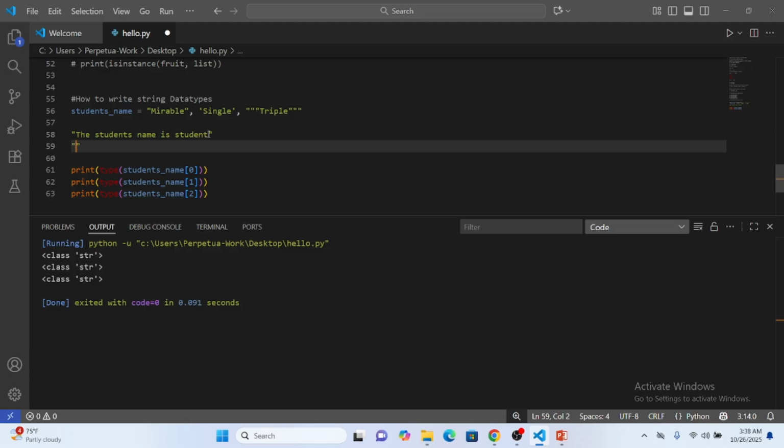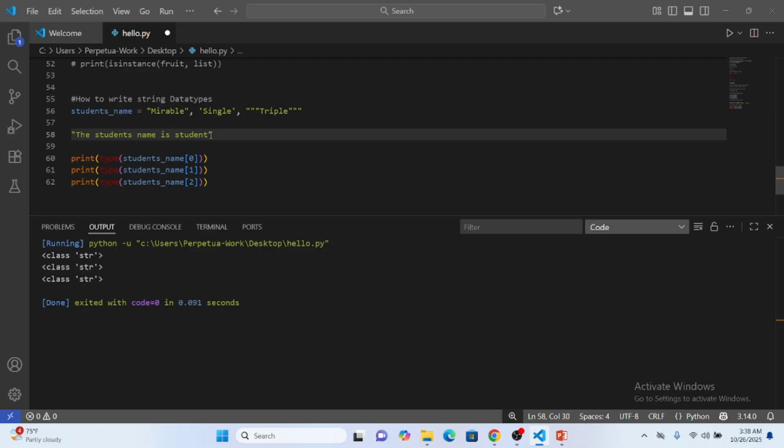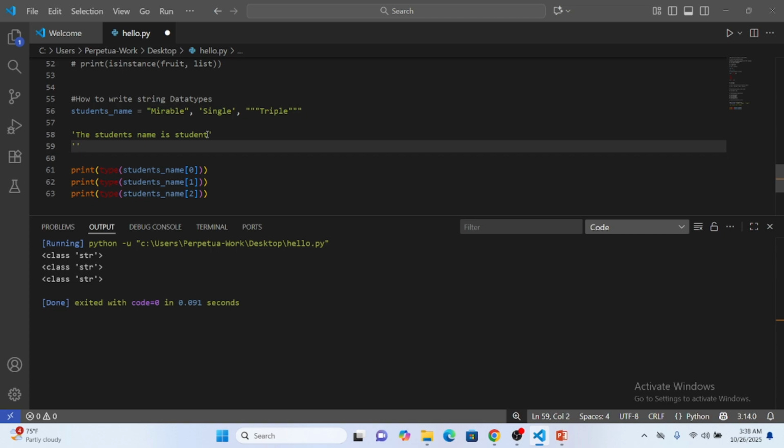Now as you can see, on hitting enter, Python automatically gives me another set of double quotes. So I cannot continue this line on another line. Let me try also doing that with single quotes instead of double quotes. I'm going to hit enter again, and again the same thing happens. But if I use triple quotes,